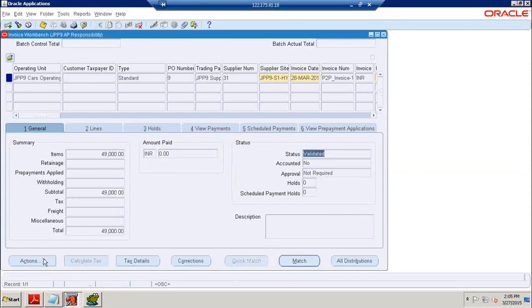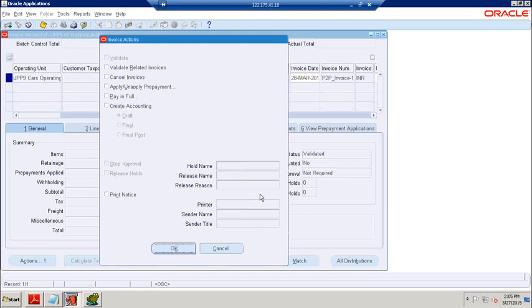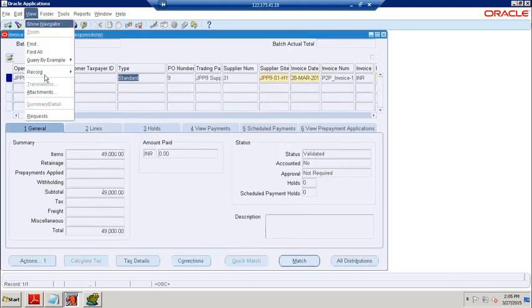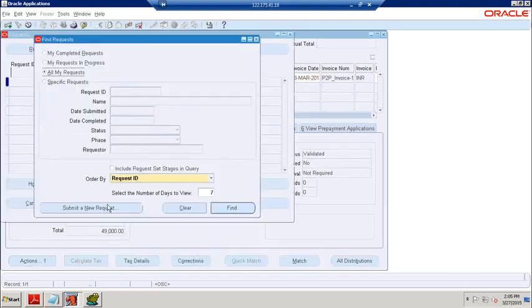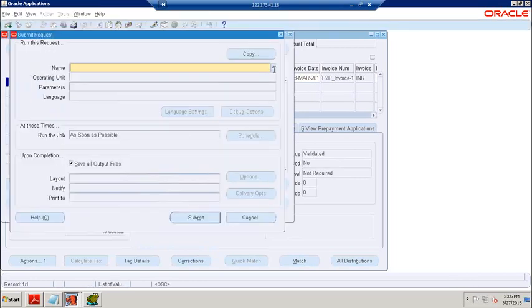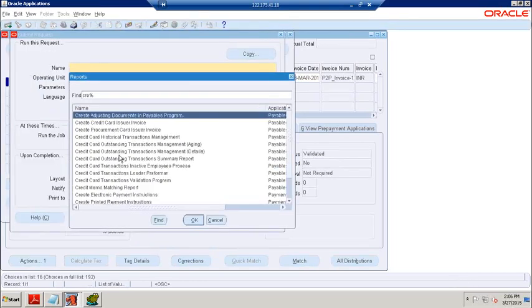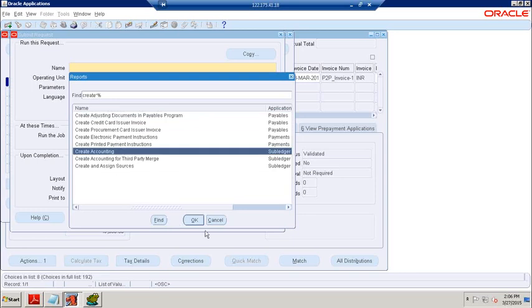Go to action. So here we have two ways. One is go to actions, create accounting. Another is go to the SRS window. From here also we have an option. Both ways it is possible to create the accounting for this transaction.